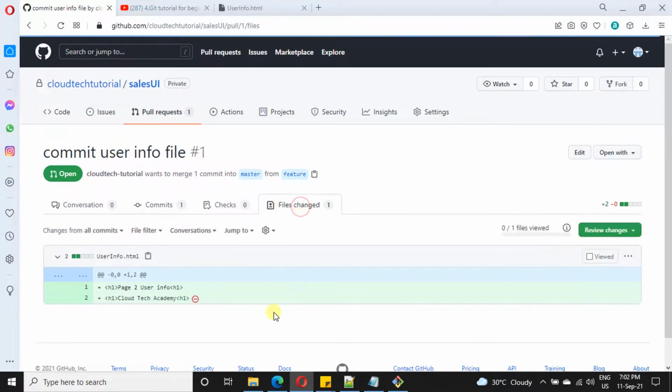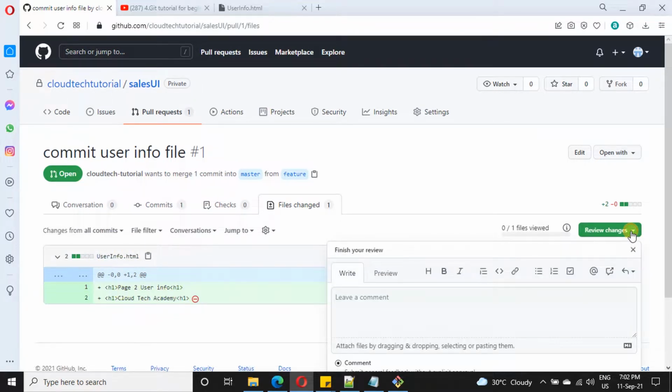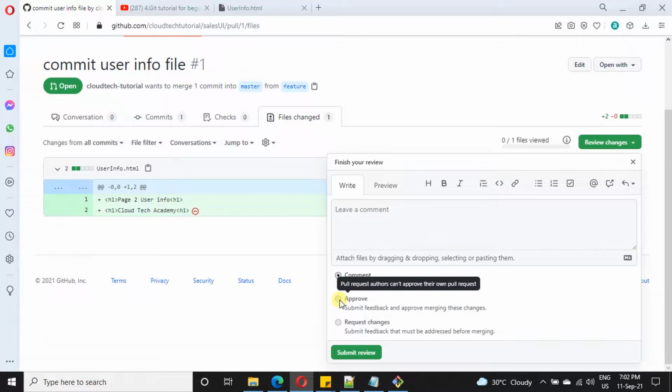Under the files changed tab, he will get to know what the changes in the file are. After reviewing it, he can select review and add a comment. After adding the comment, the code reviewer can approve these changes, but we haven't added any team members or reviewers for our repository, so we are not going to do this.